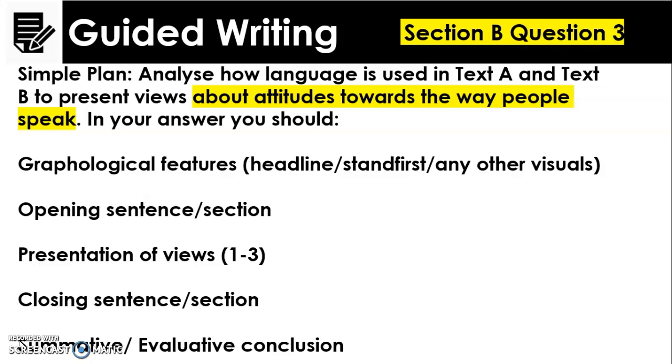Okay, we're going to write about the graphological features, the opening sentence and the section. We're going to look for the presentations of views, 1 to 3 of those from both texts. We're going to analyse the closing sentence and section, and we're going to offer a summative or evaluative conclusion. Now, each of these areas I am going to expand upon as we work through the next section of the lesson, but that's our simple plan, guys. So I just want you to write down those 5